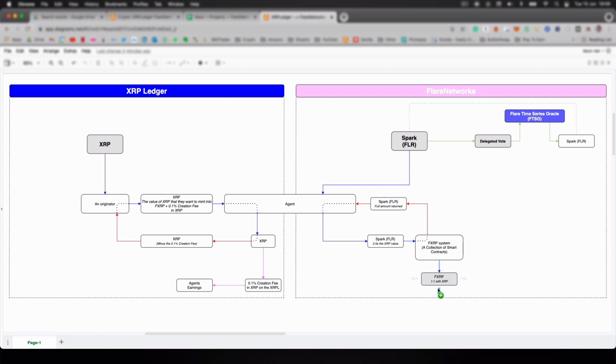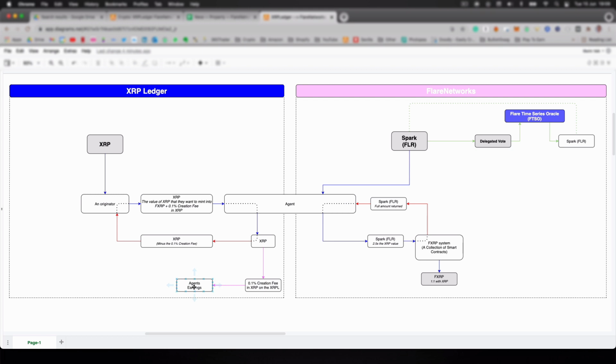So the FXRP gets destroyed, the locked up Spark tokens get returned to the agent, your XRP gets sent back to you as an originator, minus that 0.1% creation fee. And that goes to the agent as a reward for loaning you his Spark, or locking up his Spark for you, so that you are able to get that FXRP, right? So that's how an agent earns XRP.